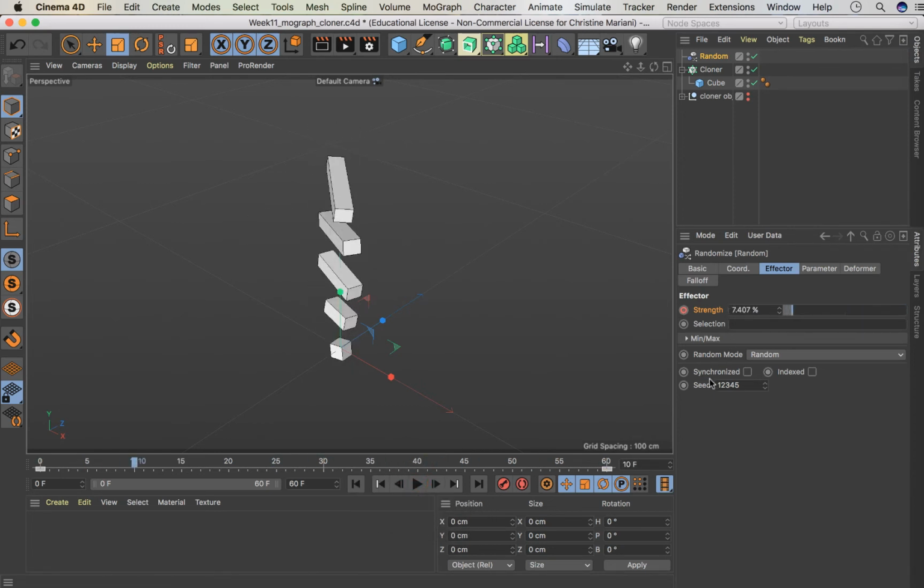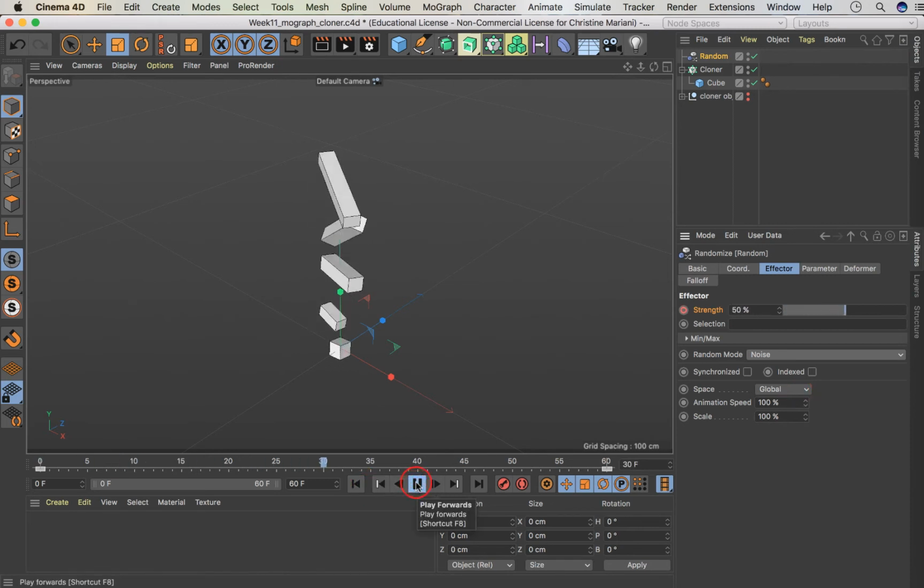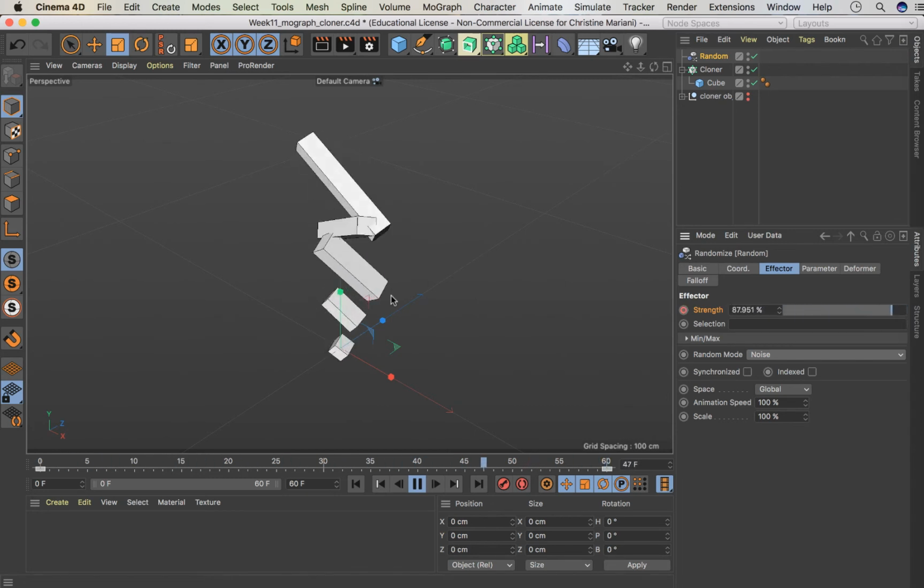Okay, now an interesting thing that you could do is you can come down here to the random mode, and you can switch this as well. If you put noise, then you will introduce a different kind of movement. And if you, I don't know if you guys have been introduced to anything that has noise in it before, but noise is just going to be like random values that it's going to be able to apply to the